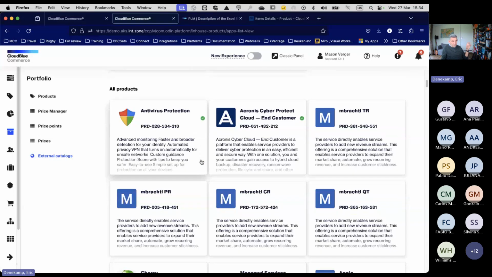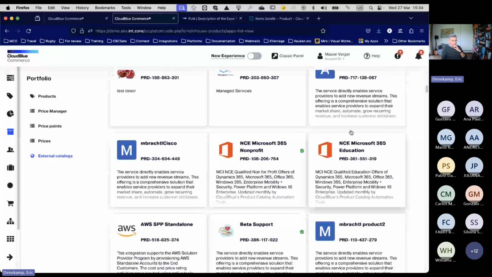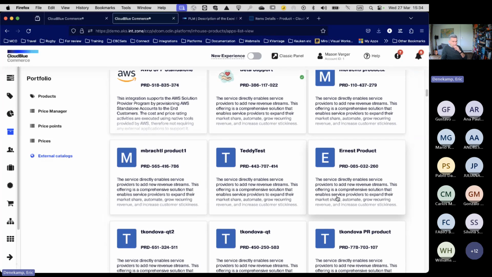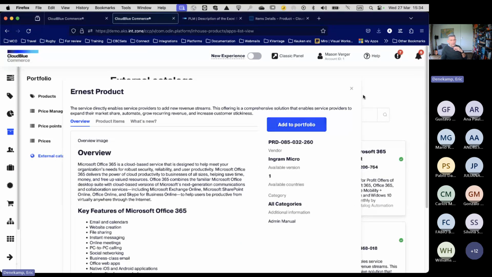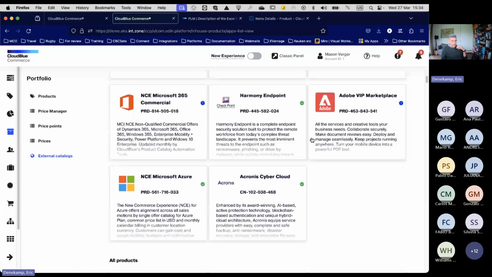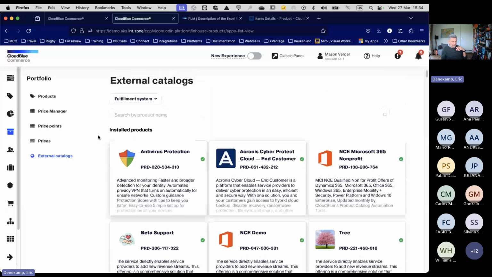So if I want to update or import a new product, I can go into that product here, add it to portfolio. That means it will start showing here at the top as an installed product with a gray icon there. Until, of course, everything has been imported, all the connections have been made, all resources have been created, and the one service template has been created.